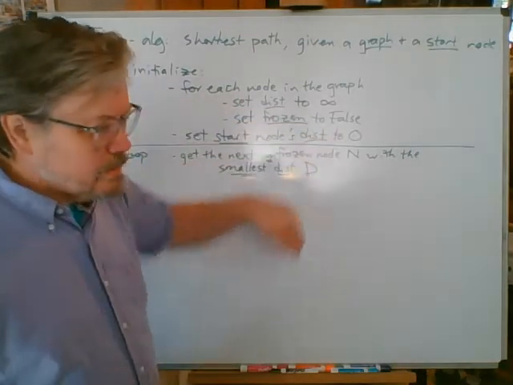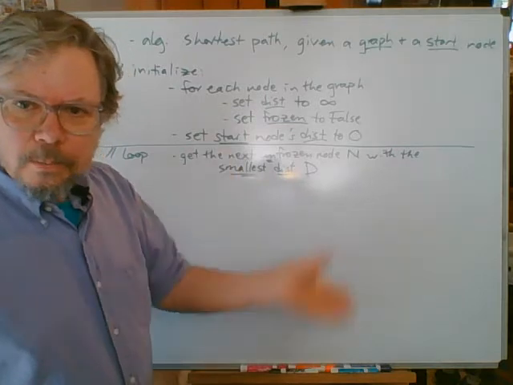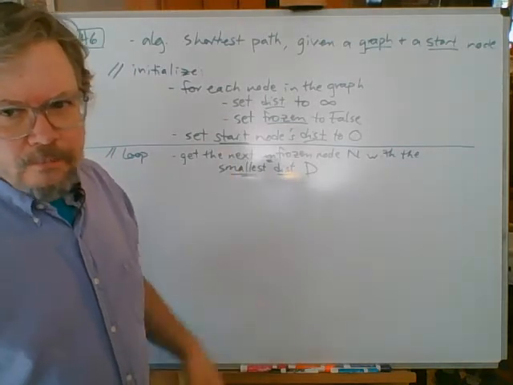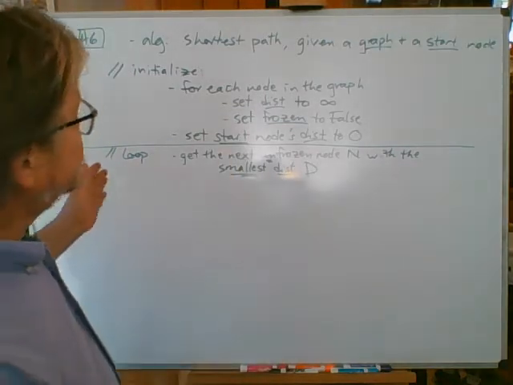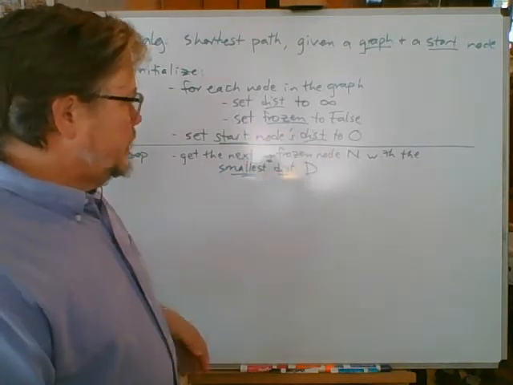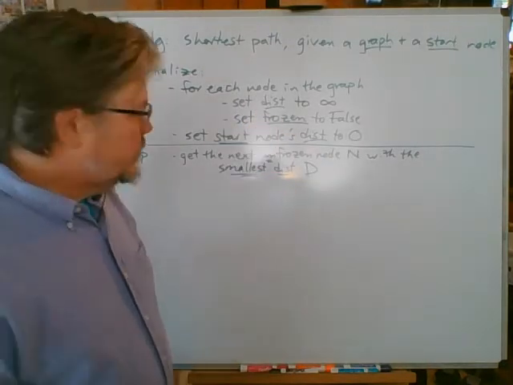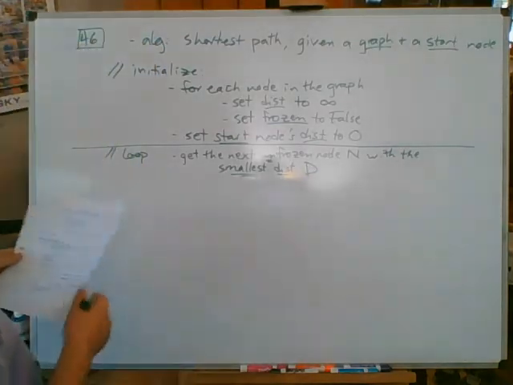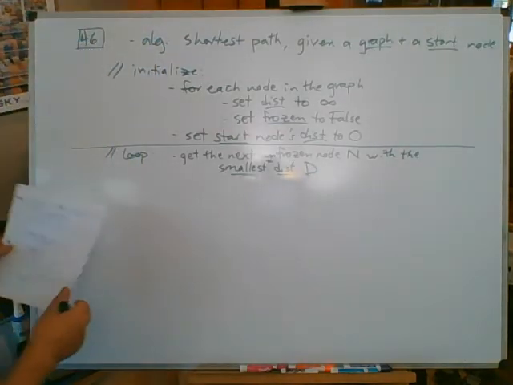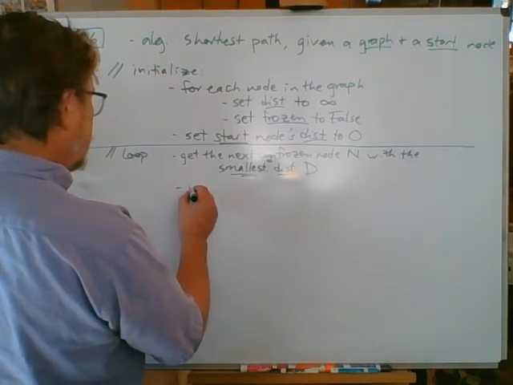Set start node's distance to 0. That's kind of jump-starting the loop, priming the loop, like you read a value before you start testing to see if it's the sentinel. The start node will be the only one that has a small distance at all, because the others are infinite, and the start node's distance is 0. So the first time through, that's going to be the start node. Here comes the loop. While